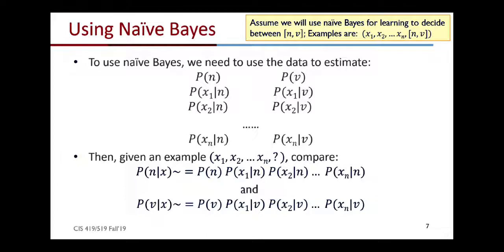So we're assuming that we can use naive Bayes for learning to decide between two labels, N and V in this case. So the examples that we are given are x1 up to xn, I'm sorry that I'm overloading the index n here,